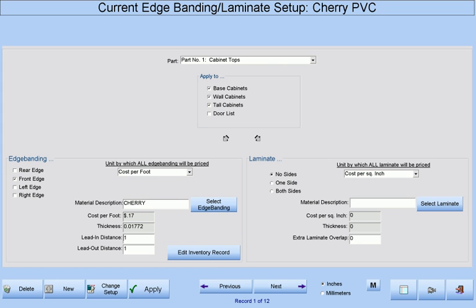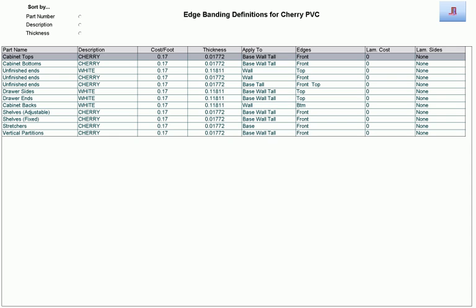At the edge banding setup screen, we can define the edge banding and laminate required for each of our standard and custom parts. These edge banding definitions will be automatically applied to our parts while we are designing. Here is a summary of what edges of our parts will be banded, sometimes by different edge banding per edge